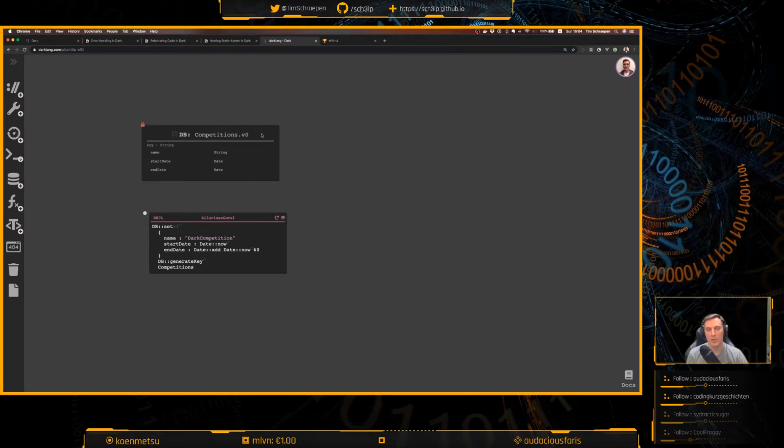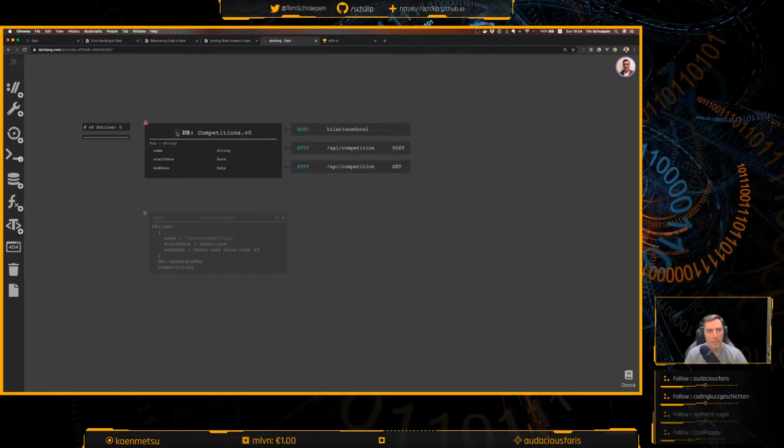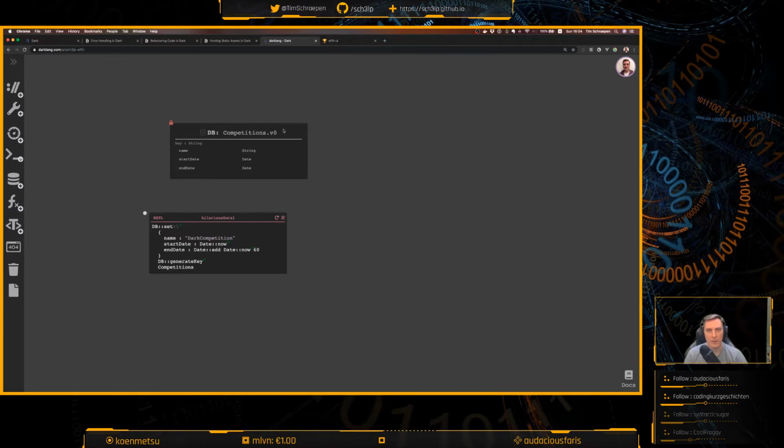So if we want to change something in this table, we need to do some migrations, give it a new version, stuff like that. We needed to wait for the refresh a little bit. So now we can see that there is at least one entry, the one we just entered. And that should mean